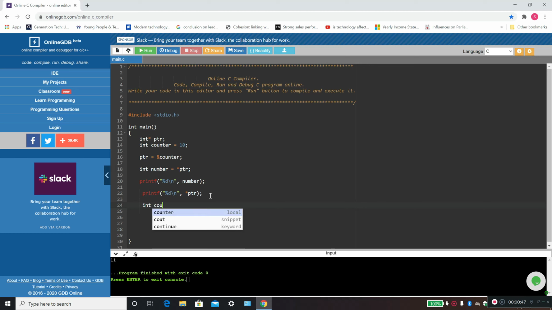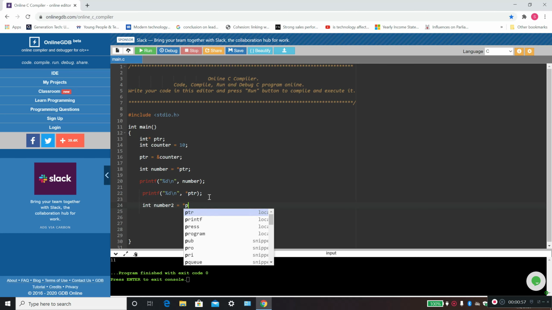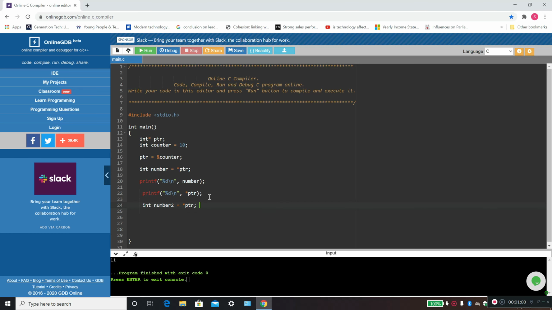For example, we create another variable called counter2, or in this case, I'll just say it's number2 for better understanding or better meaning. So I'm going to assign it to asterisk ptr, and this line of code here and this line of code here exactly means the same. And this is both going to the memory address and fetching the value at that memory address because we have this asterisk symbol before it. But to change the value, we can either use the increment or decrement operator, or we can do simple addition or subtraction symbols that we have used before.